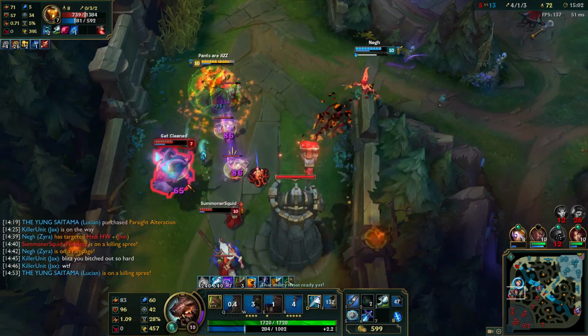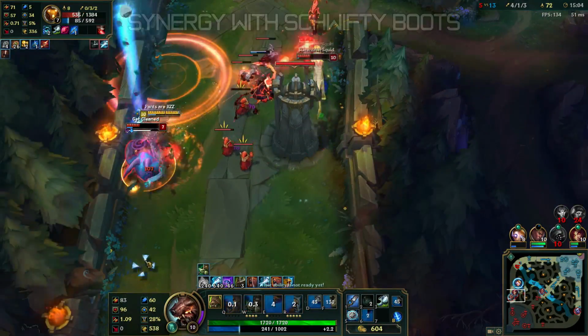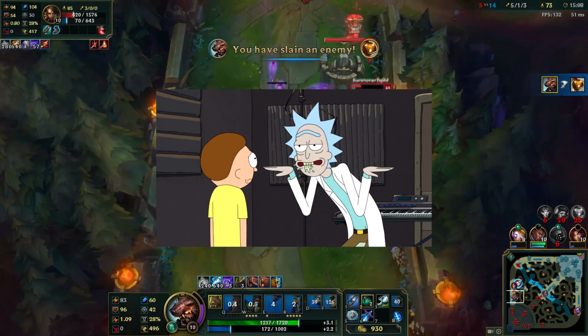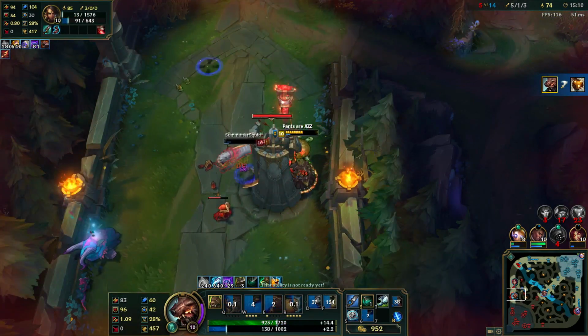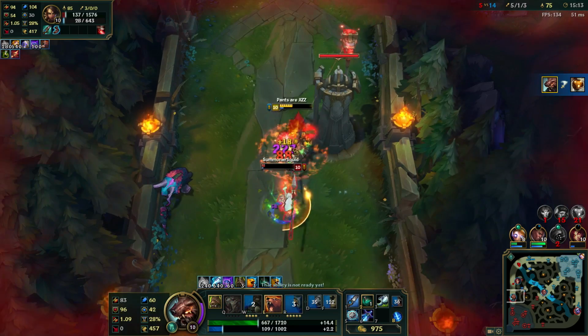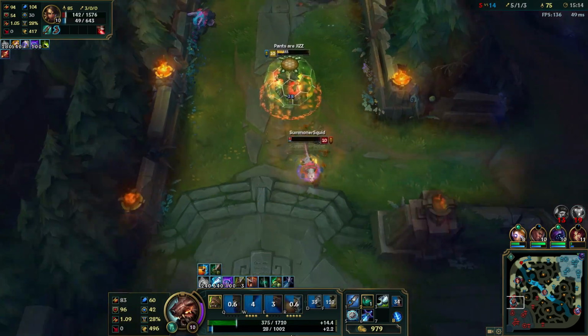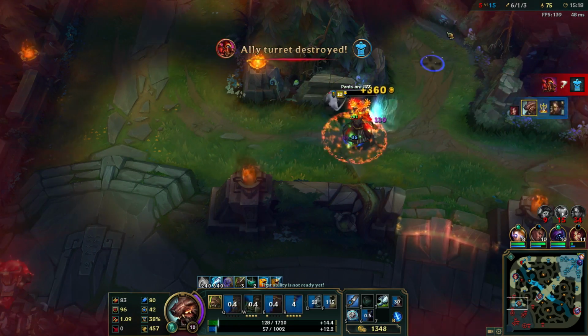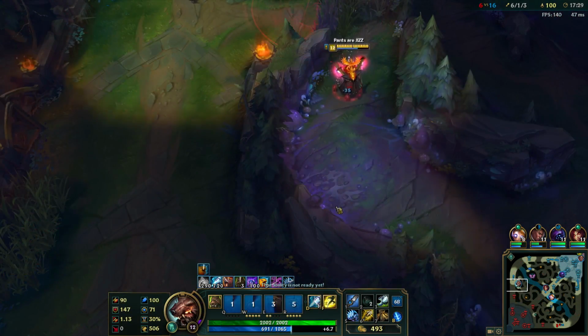And yes, Runic Echoes does give 10% movement speed. Next up is going to be synergy with Swifty boots. Udyr's got to get Swifty with them Swifty boots. And since he's getting a lot of percent movement speed coming from bear stance, his runes, and Runic Echoes, he's going to be a really quick bear, running at the people and slapping them in the ass. And it just gives him a lot of mobility around the map and allows him to run circles around